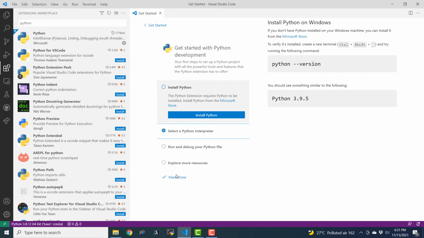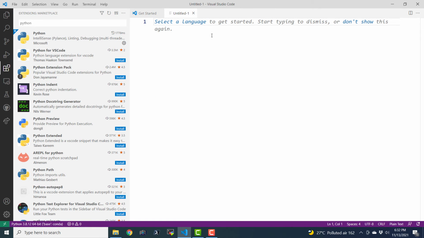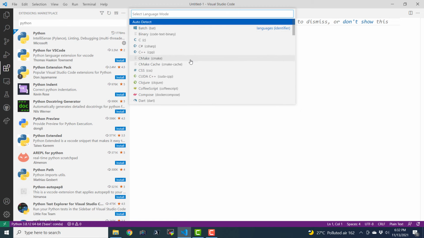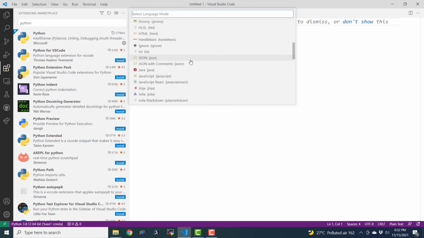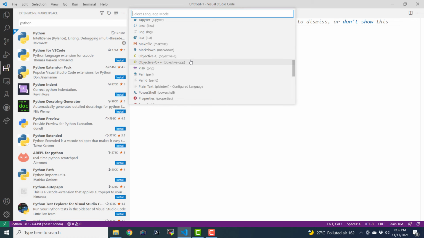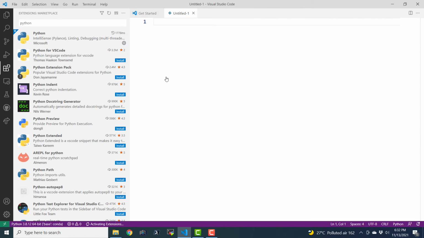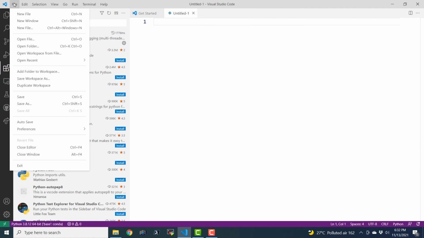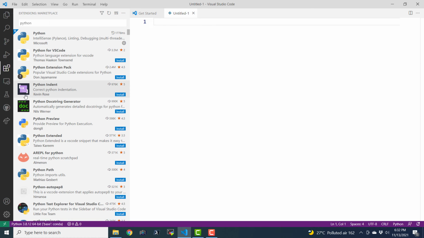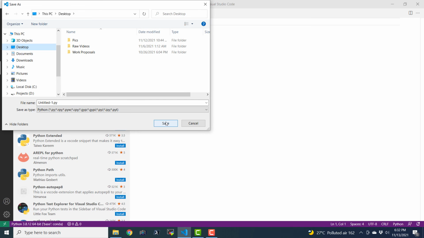and mark done. Okay, let me go to the file menu and click new file. Now here I have the option for selecting a language. I'm going to click, and it is showing me a drop down menu, and here we must have an option for Python. Here we have the option for Python, and this is my very first Python file. I'm just going to go ahead and save it. Let us save it in desktop, untitled-1.py,